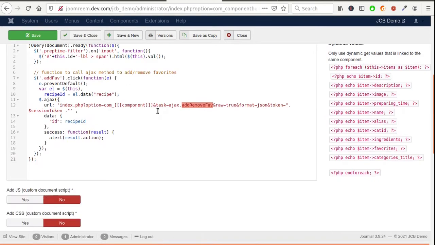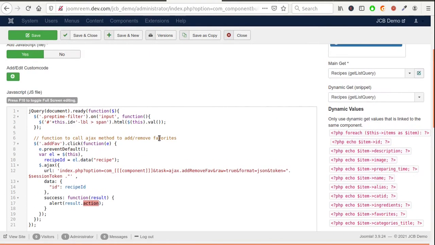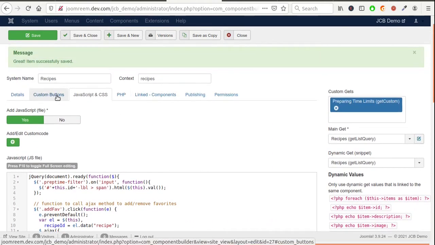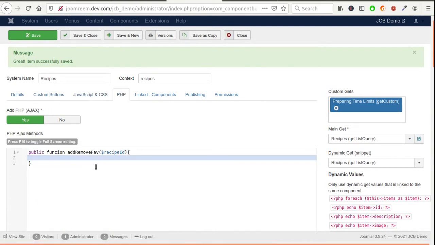For simplicity purposes, this method will return an associative array with only one element called action, which will be encoded into a JSON object by the Ajax controller.